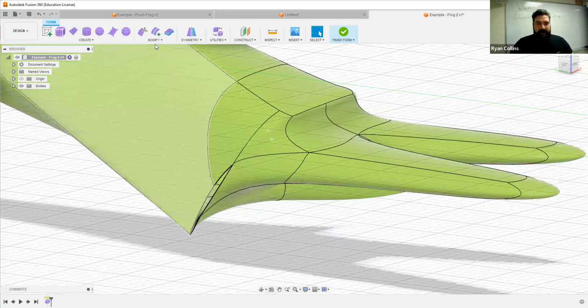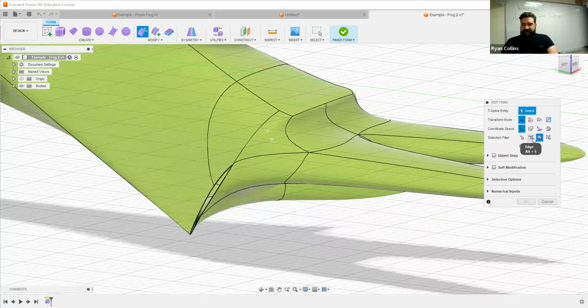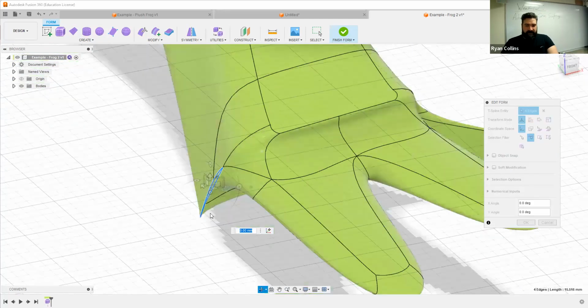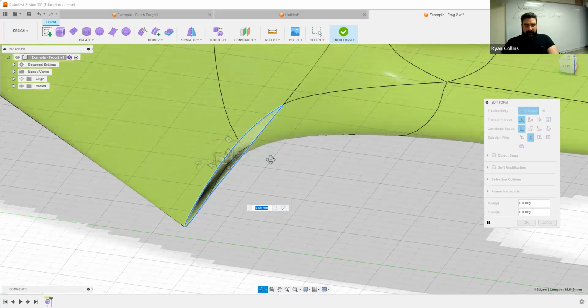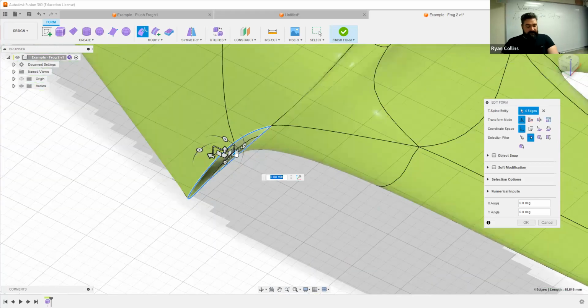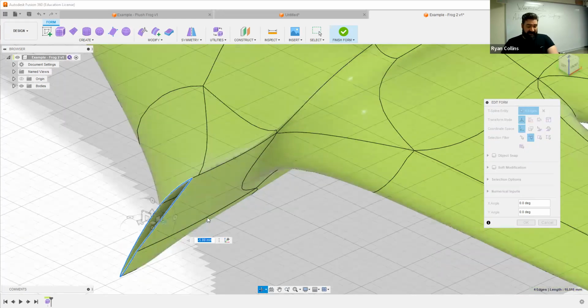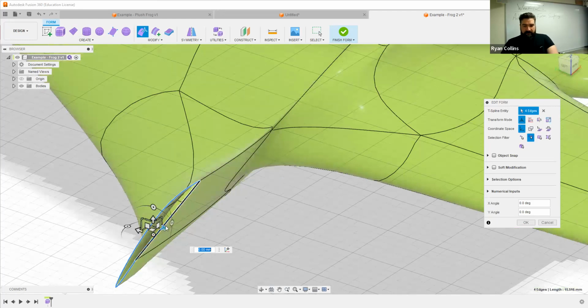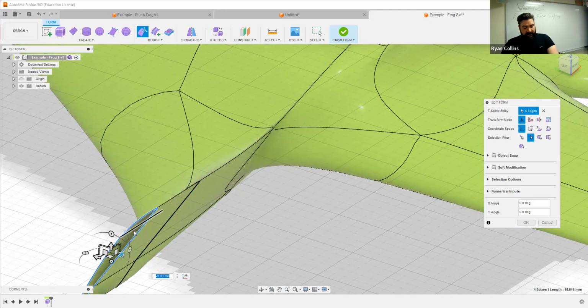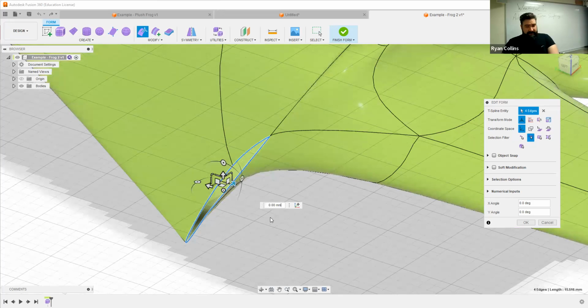Well, if I go back to edit form and use the edges and select that whole face there, or that whole kind of weird edge going there, I can extrude that, but press Alt and Shift, and it'll create a much sharper edge. Now, in this case, I don't really actually want a sharper edge. Or is it Alt Control? There we go. Sorry, not Alt Shift. I apologize. It was Alt Control. So let's Control Z that. So press and hold Alt and Control